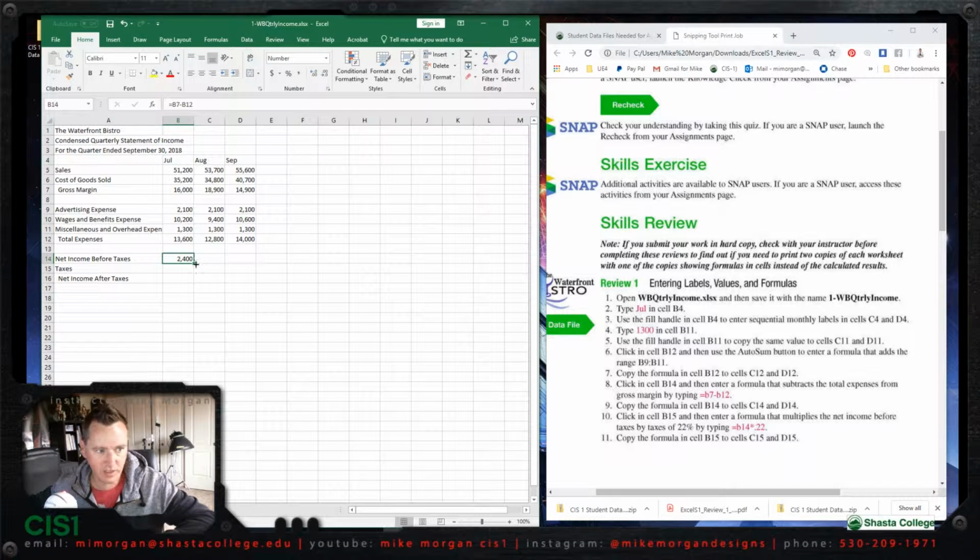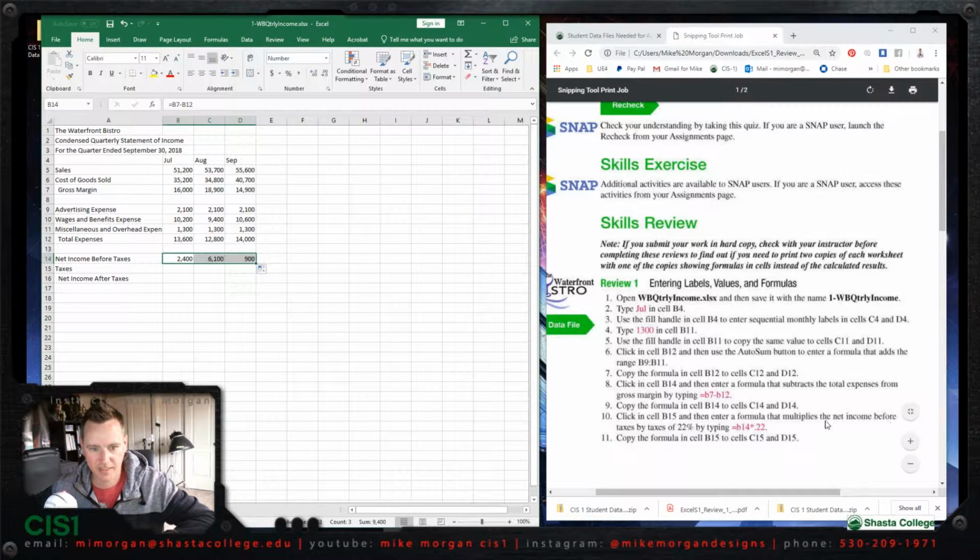Now, same thing, we're going to select the cell we like, which is this one. And they want us to copy the formula in B14 to cells C14 and D14. So we're going to grab this little lower right-hand corner, green selected cell. We're going to slide it to the right, and it automatically does the subtraction for us. Good. So number 10 says click in cell B15 and then enter a formula that multiplies the net income before